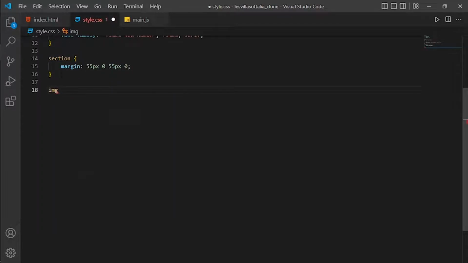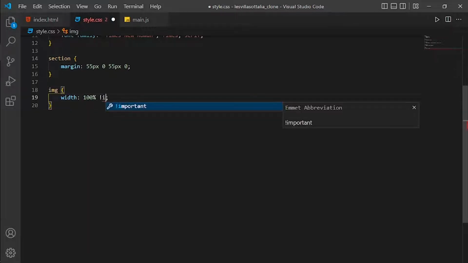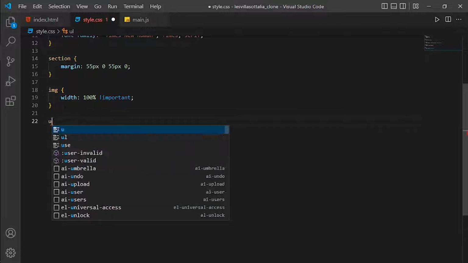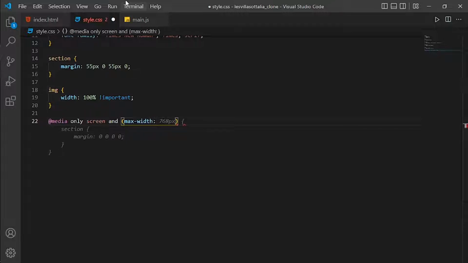Next we will have the image. We will give it width equal to 100%, and then it is important. And the UL, and then we will give it a style for the navbar. We can write the media query, media only. Actually this is a media only, and then screen and max-width equal to 992